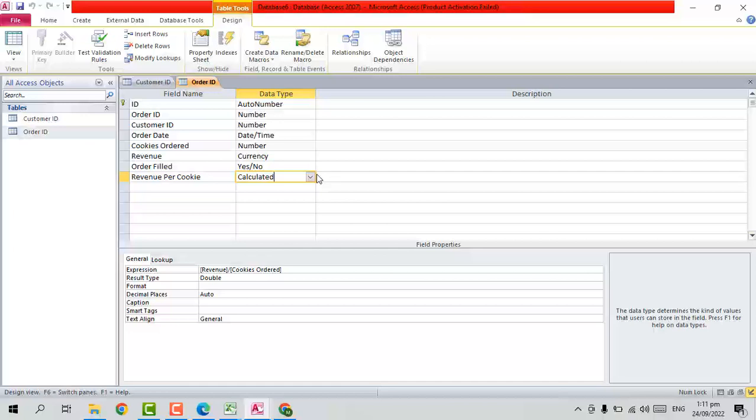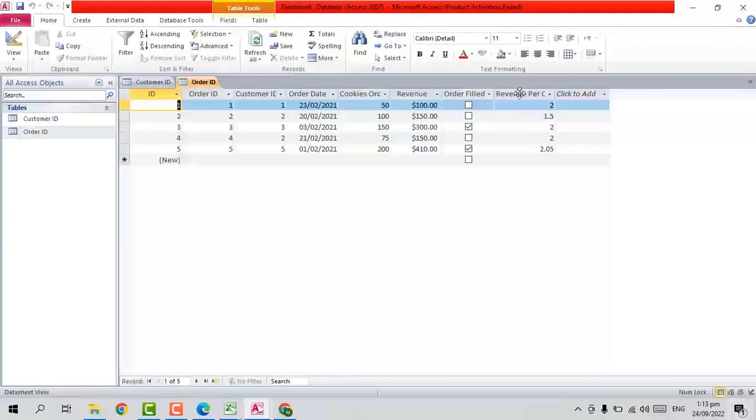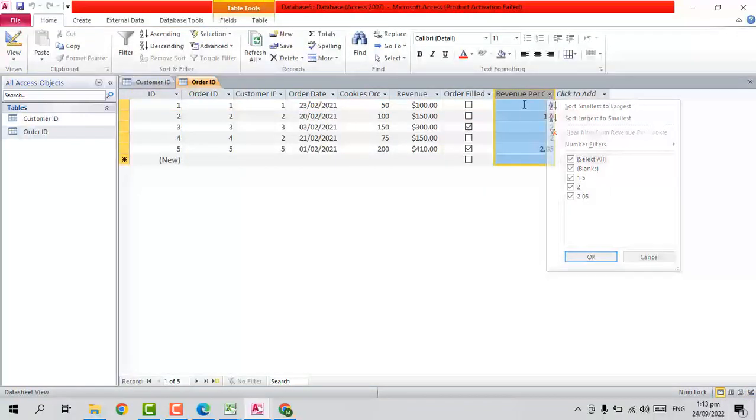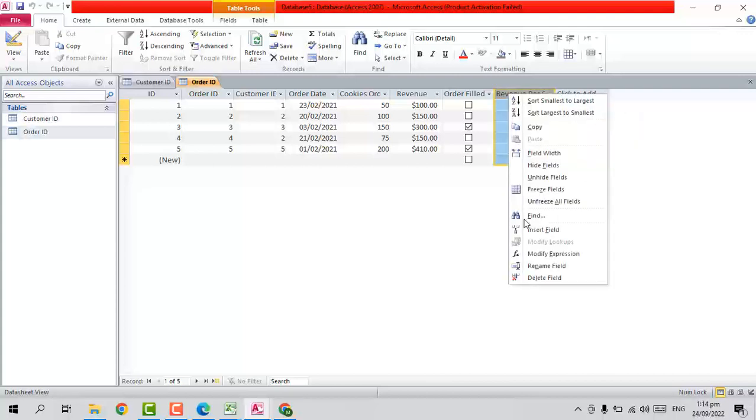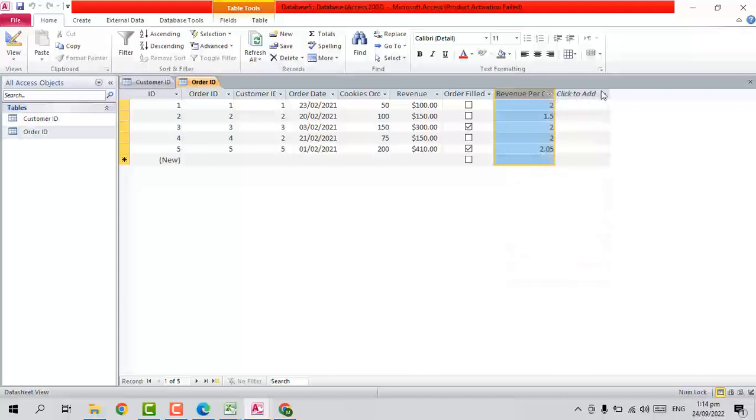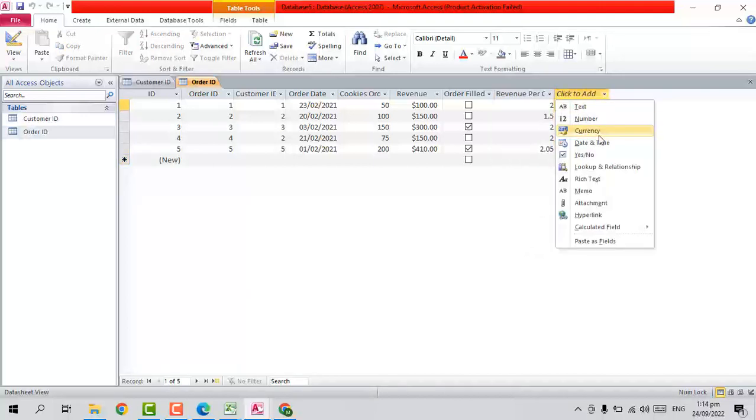All right, I'm going to try and do this one more time. When I chose the data type for revenue per cookie, I chose calculated. Now let's get back to the calculation that I made. I'm going to right click on the field and choose modify expression. Let's have an example over here. If I want to create a new field with a calculated data type, I'm going to right click, choose calculated field, and then click on